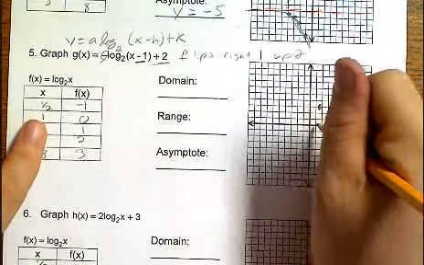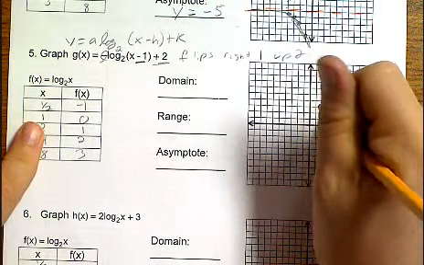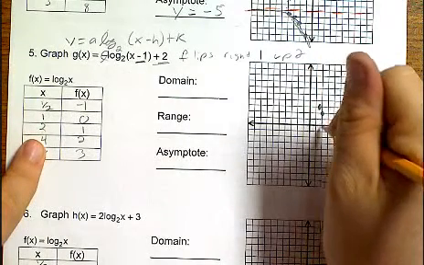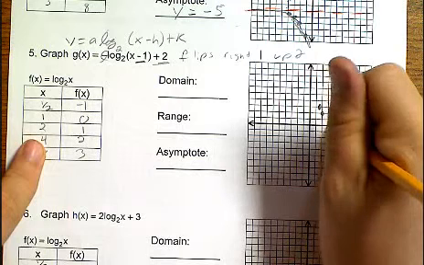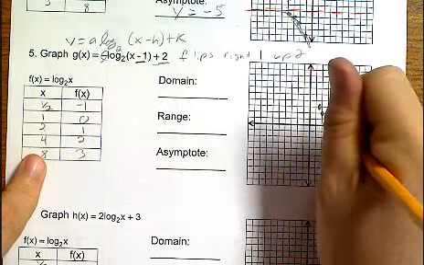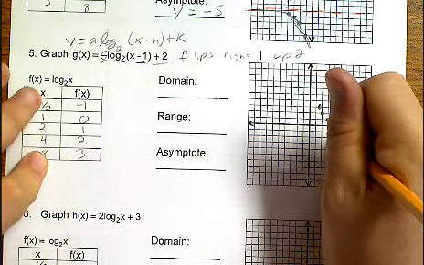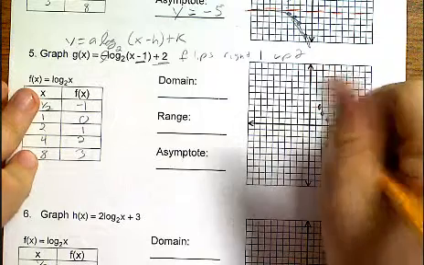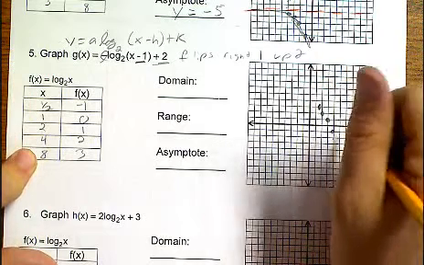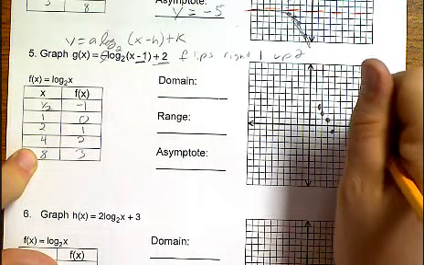Then 1, 0, we flip so it stays there, move right 1, up 2. 2, 1, we flip to negative 1, right 1, up 2. 4, 2, but flip to negative 2, up 1. And then 8, 3, we flip to negative 3,